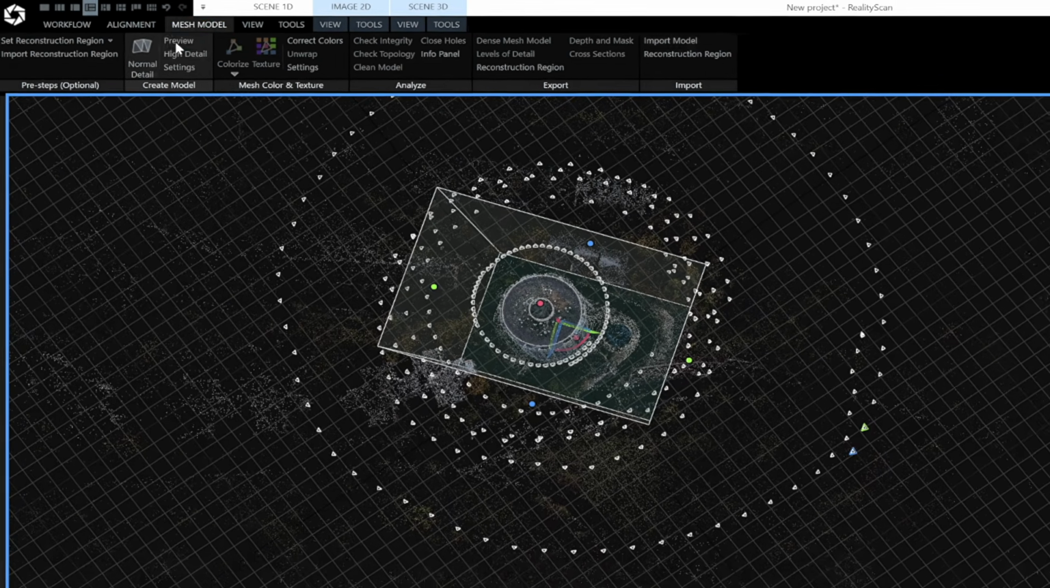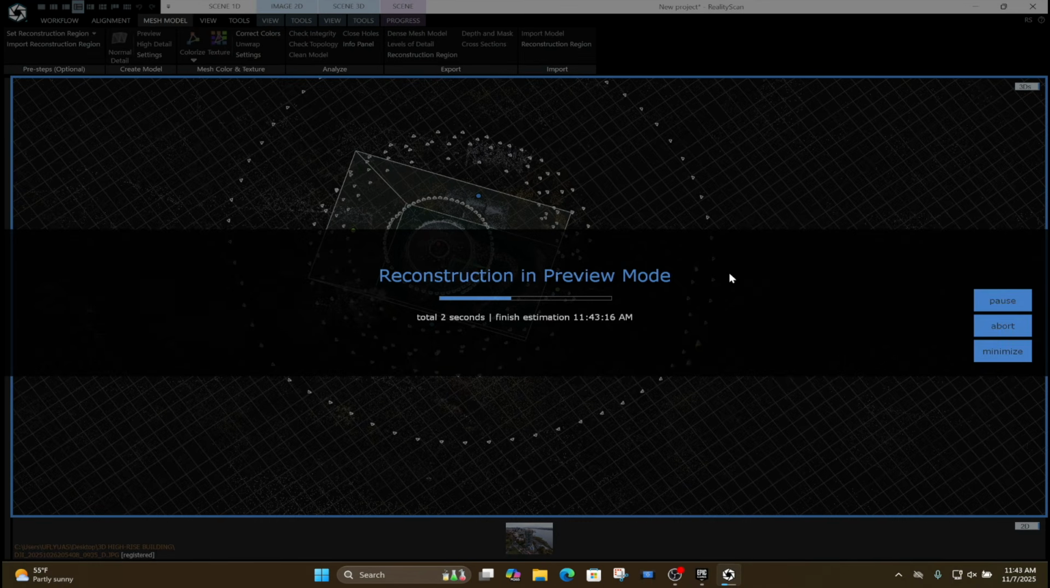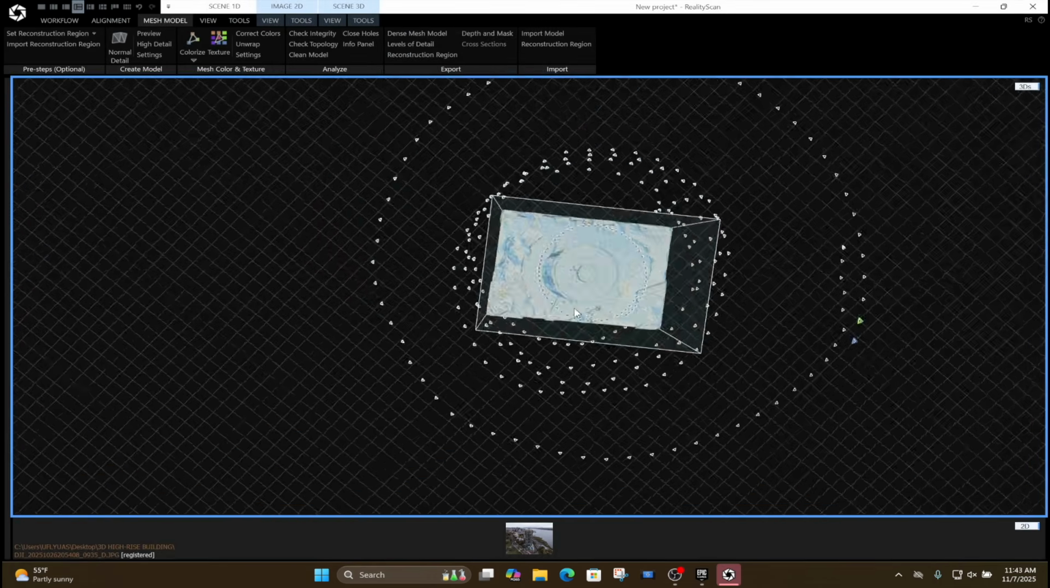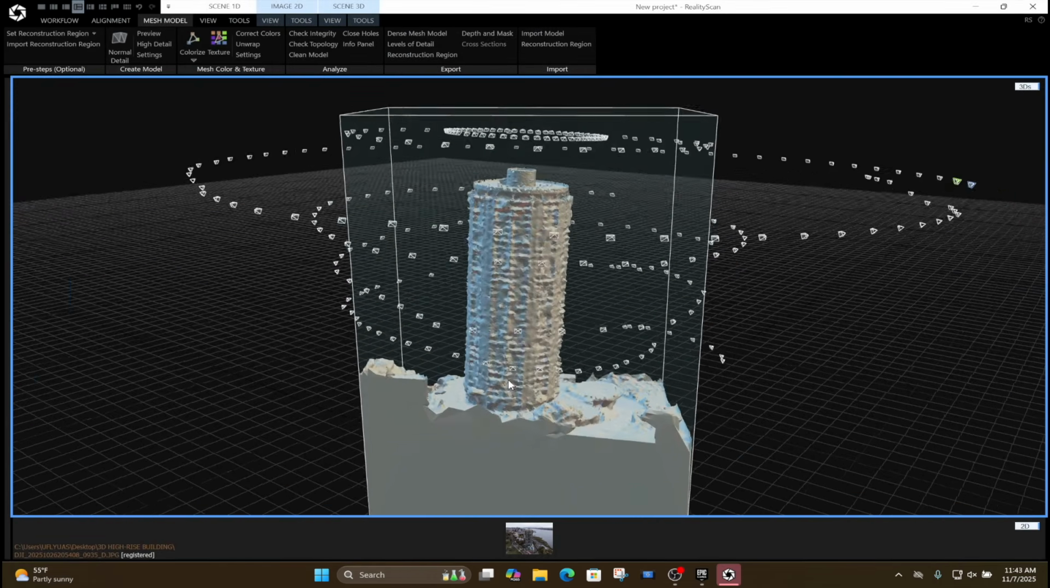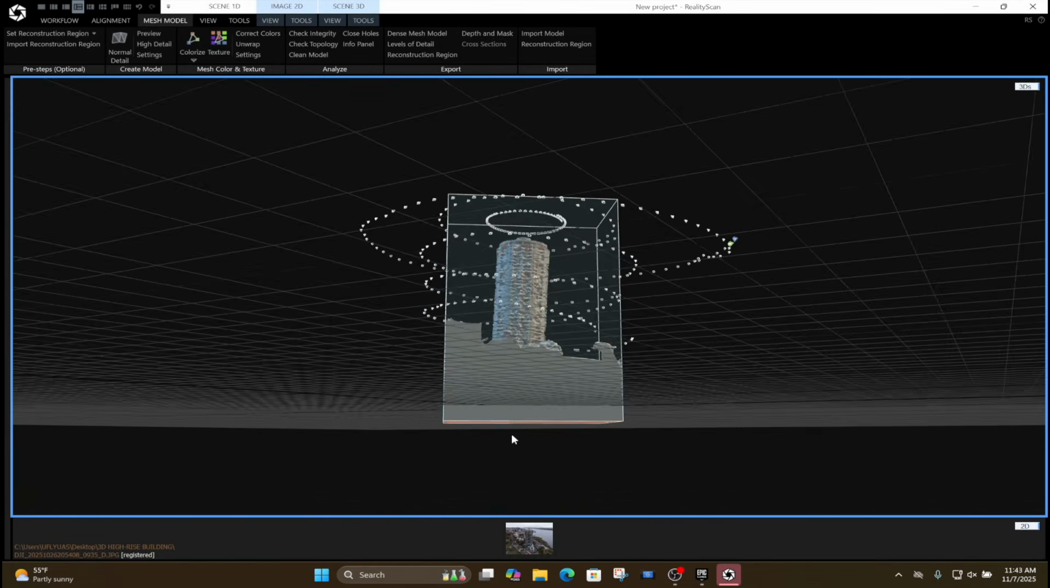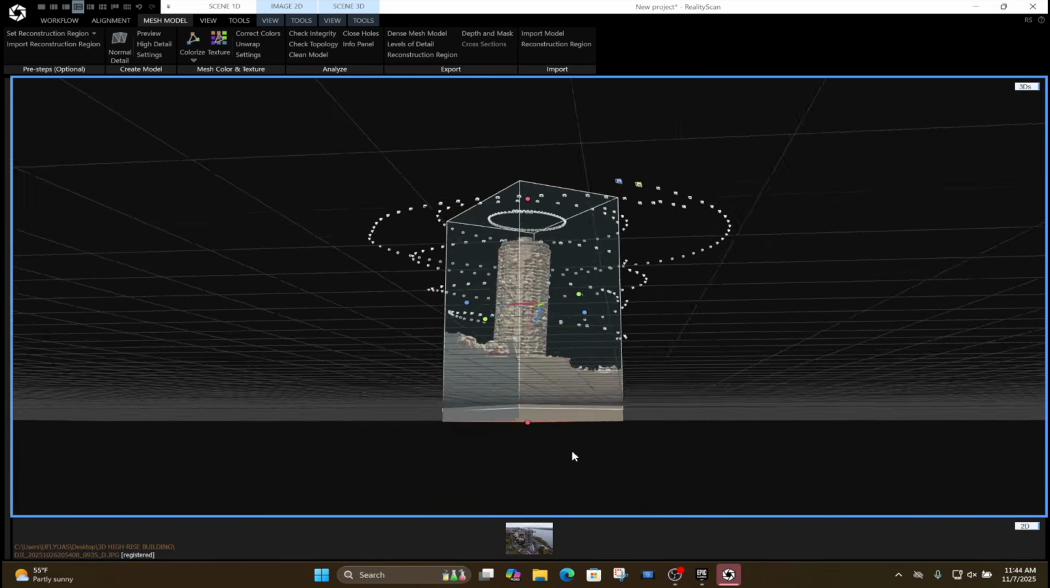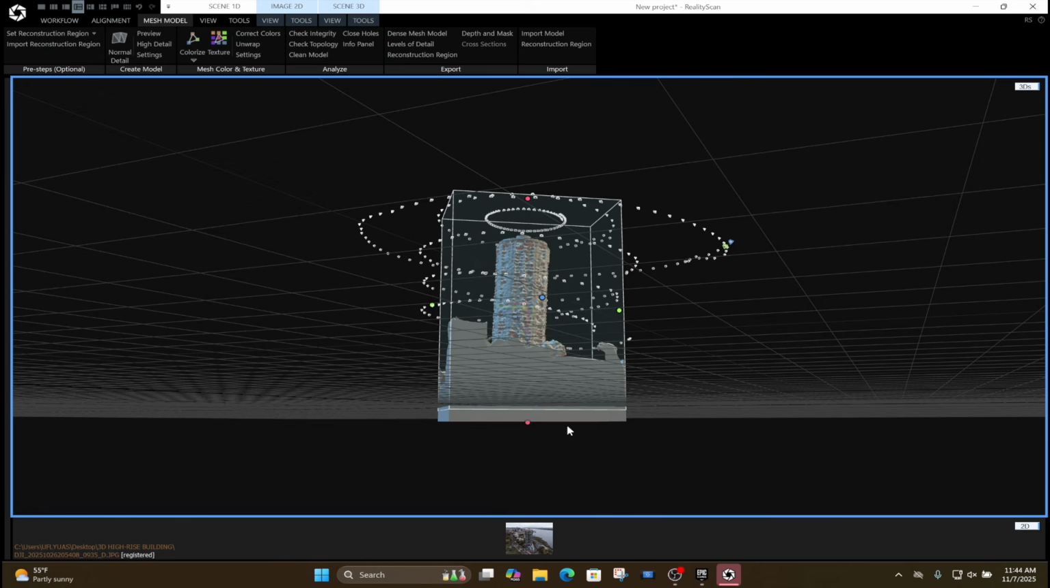This will generate a quick preview mesh so you can check the overall shape and make sure everything reconstructed correctly before moving on to the final high-quality mesh. Now that the preview mesh is generated, I'm going to make a few final adjustments to the region box. This helps trim out any extra points that aren't important for our model, keeping the reconstruction clean and focused on